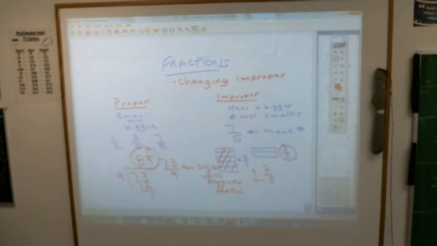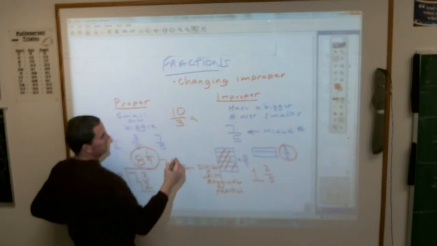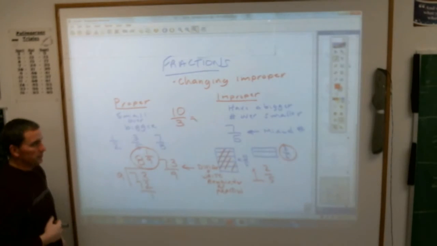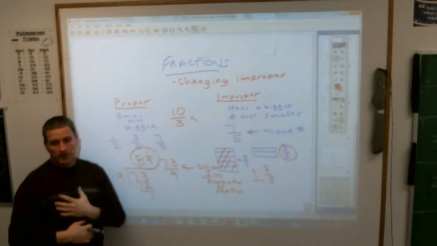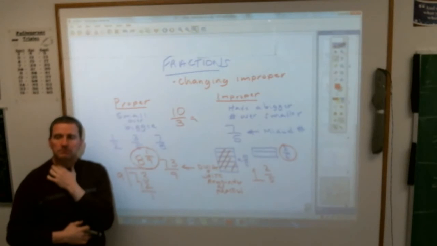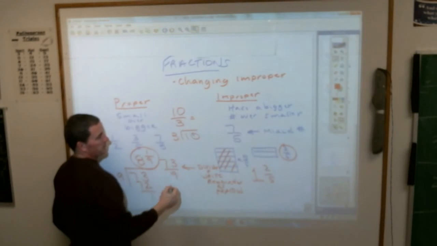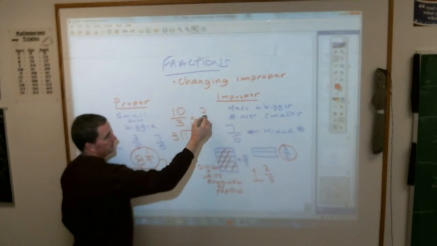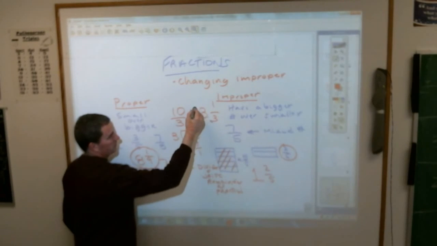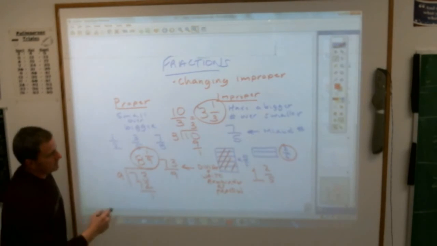How about this one? What if you had 10 over 3? 10/3 equals what mixed number? 10/3 is improper because it's a big number, 10, over a small number, 3. If I do the division for that, and I divide 3 into 10, how many times does 3 go into 10? 3 whole times, and what's left over is 1/3, and that is your mixed number. So this is the key here. Make sure